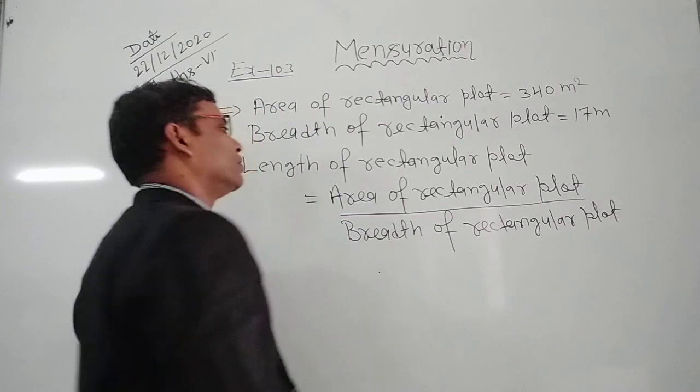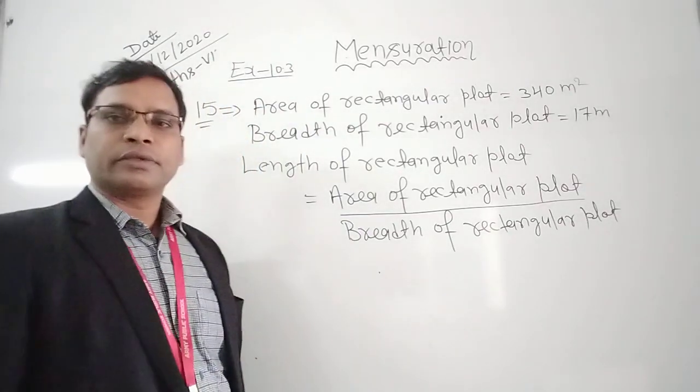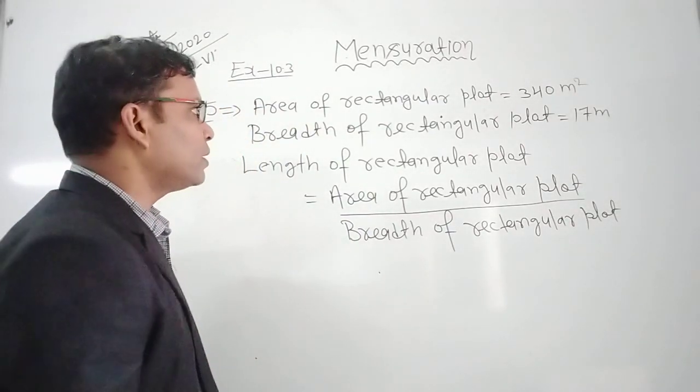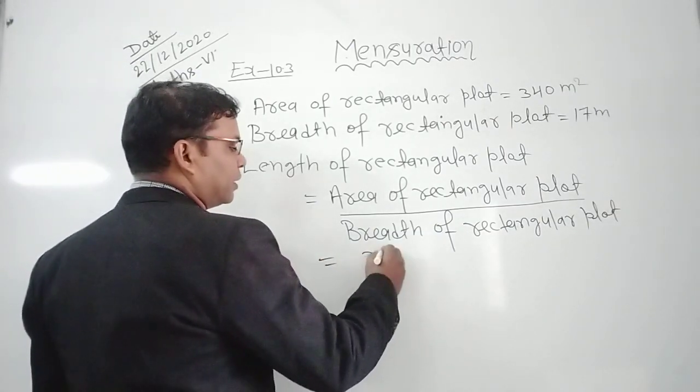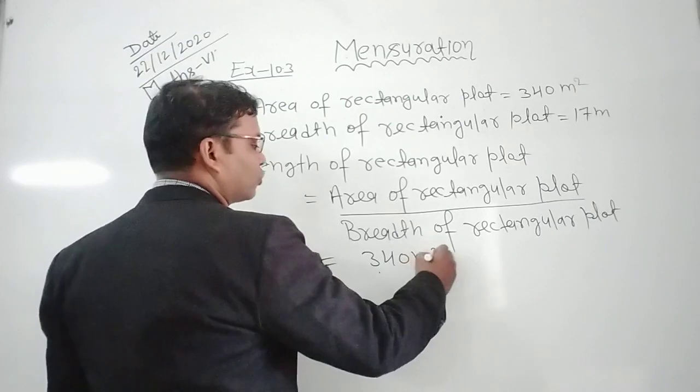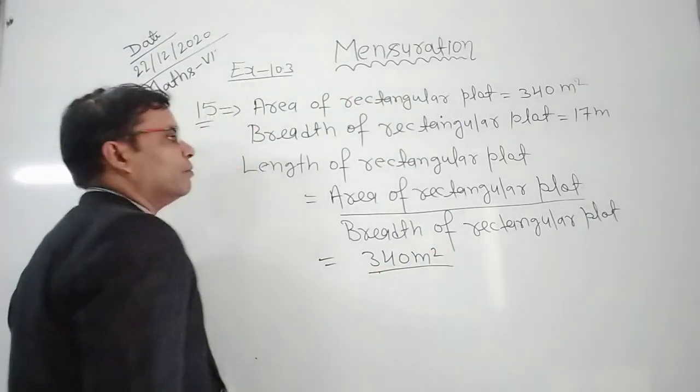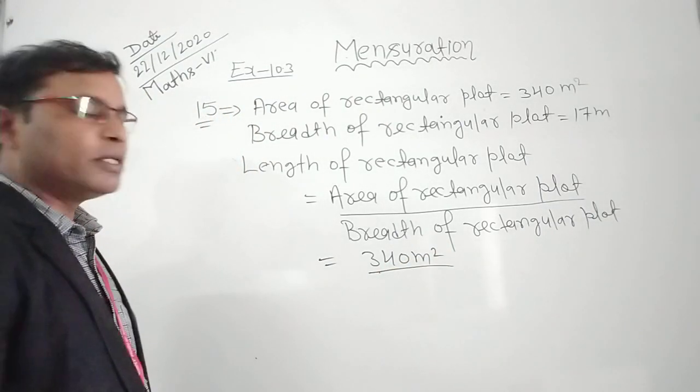Clear? So area is given here. What is the area of the rectangular plot? You can see it is given 340 meters square, and the breadth of the rectangular plot is also given here